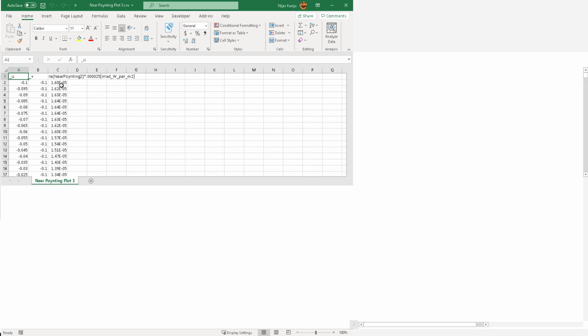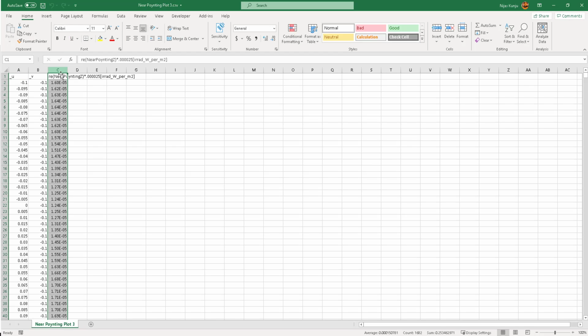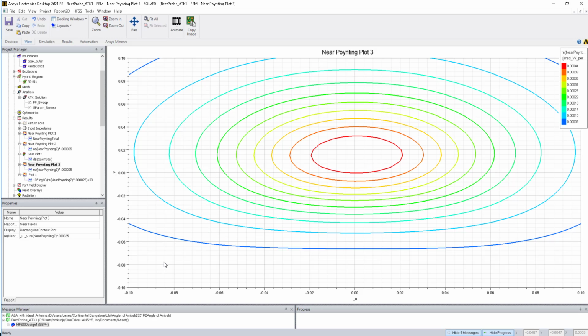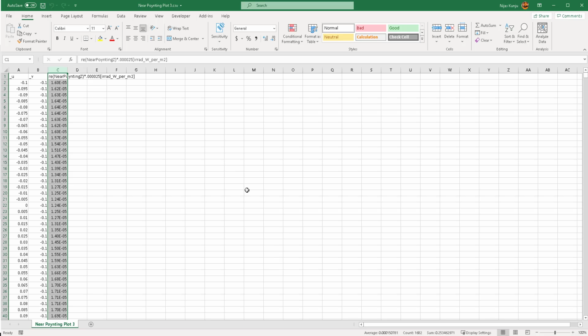and make it bigger. Just select this column. This is nothing but the individual power in that area. So the total power is coming as 0.253 watts. That means 0.253 watts is actually passing through this particular area, and out of the 0.483 watts being transmitted, this many watts is passing through that area. So this is how we can calculate the power which is passing through that particular point.